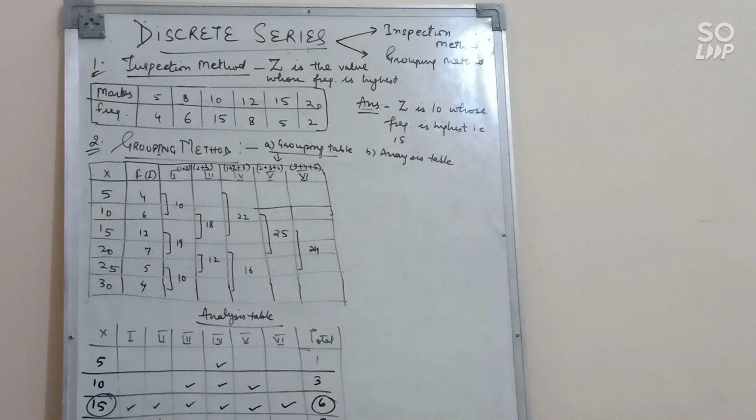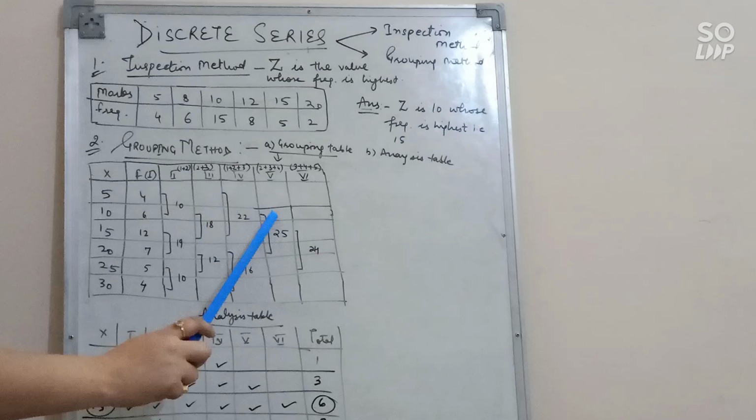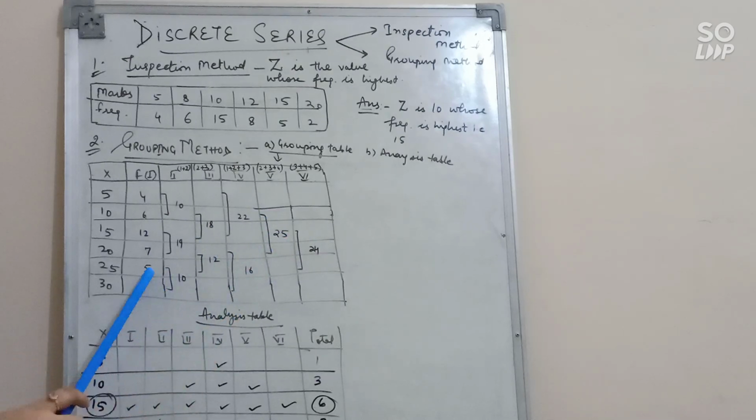Now next column, that is fifth column. For fifth column again we will make group of 3 values, but we will start from the second value. Clear? So first we will leave, 6 plus 12 plus 7. The sum of these 3 values is equal to 25. Next 5, 4 and third we don't have. So we don't have a group of 3 items. So we will leave these 2 values as they are. Clear?